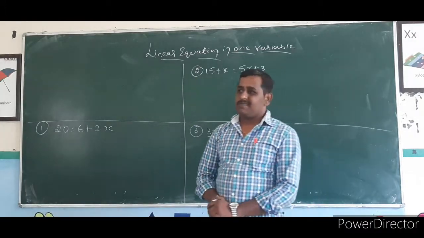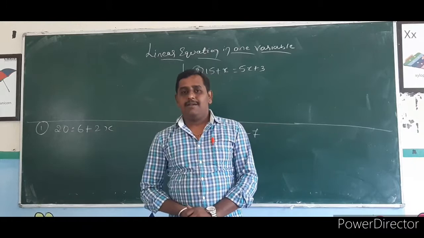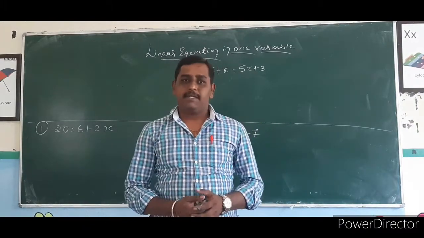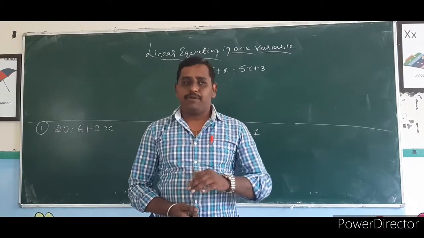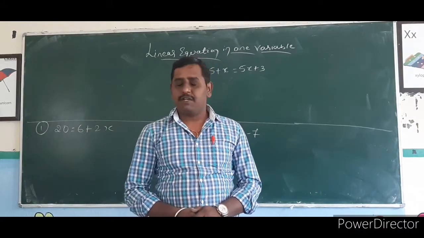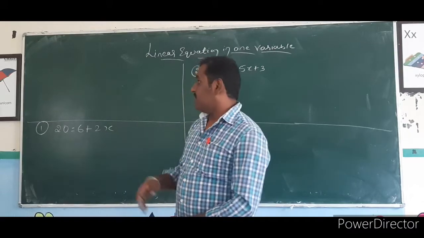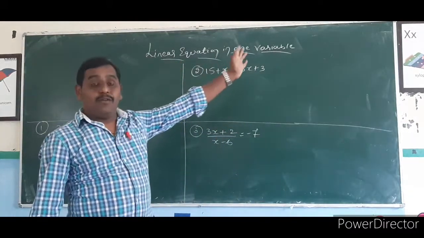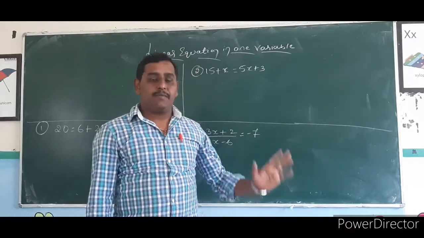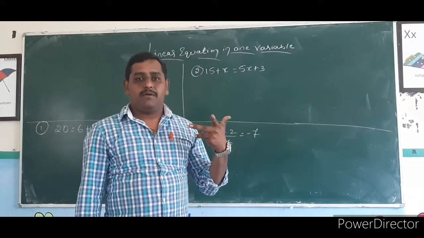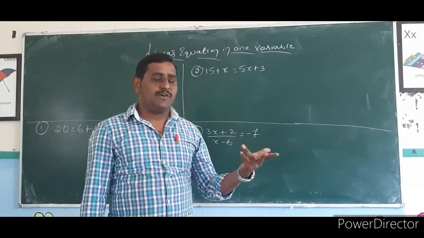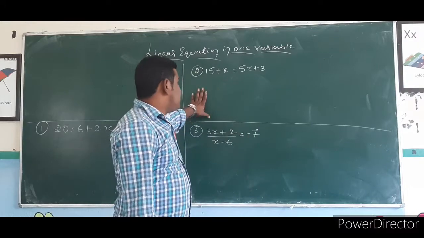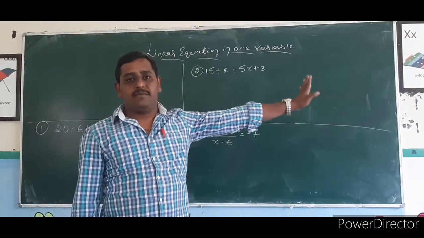In our last class we studied the set chapter. In that part, number system, we completed all the chapters. In today's class, we are going to discuss one of the new chapters in algebra, and this is also the last chapter in algebra, that is linear equation in one variable. If you complete this chapter, we can complete the portions of algebra and number system. So in algebra, this is the last chapter according to your new syllabus.